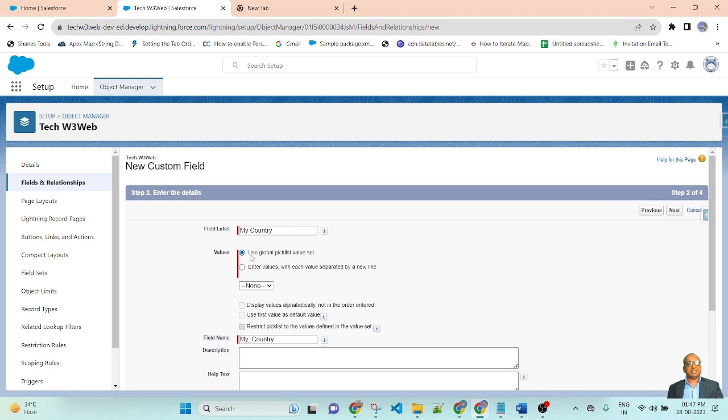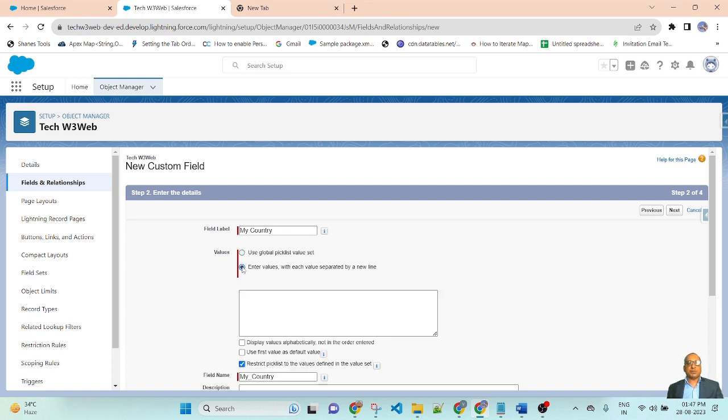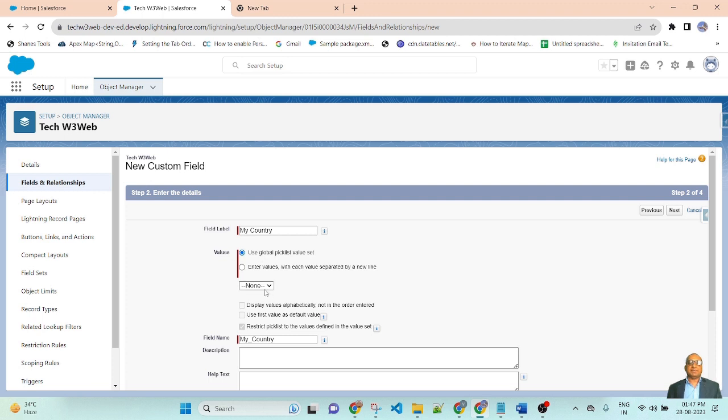If you select this option, you get the global picklist value set. If you click the other radio button, you will define your picklist values manually here. In this example, I am creating a global picklist value set, so I am selecting this one, and my global picklist values will be displayed automatically.